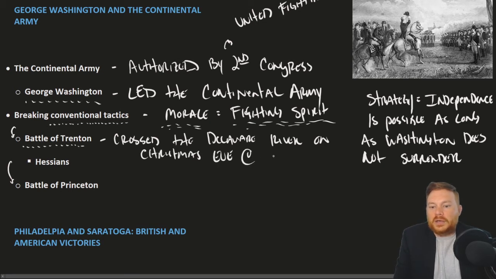We'll just say at midnight to add flavor to it. At midnight, to surprise attack British forces. Many of those that were captured were Hessians. Hessians are German